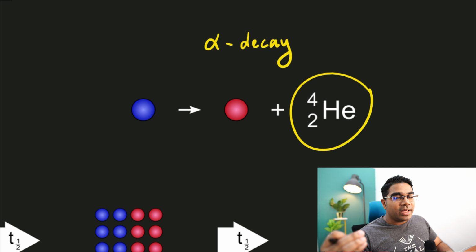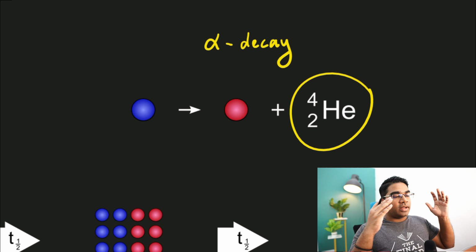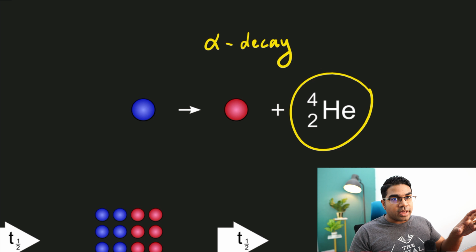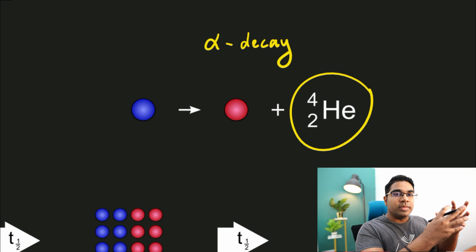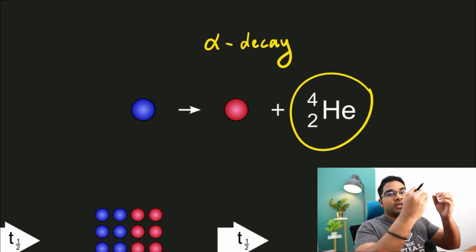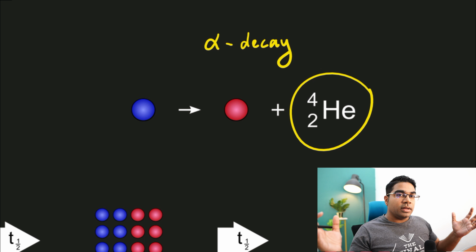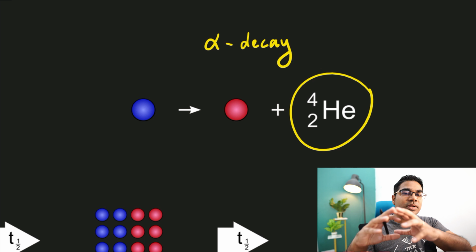When we hear the word decay, we are tempted to think that something disappears entirely, but that's not the case in radioactive decay. In radioactive decay or nuclear decay, what really goes on is one nucleus, which is unstable, becomes another nucleus, which is more stable. So it's not a matter of the unstable nucleus just disappearing, but it is becoming another different, more stable nucleus.